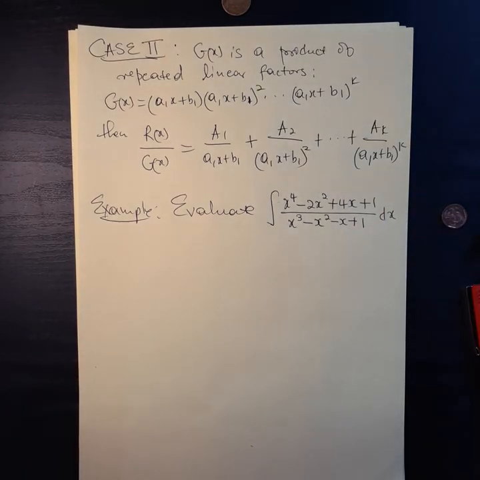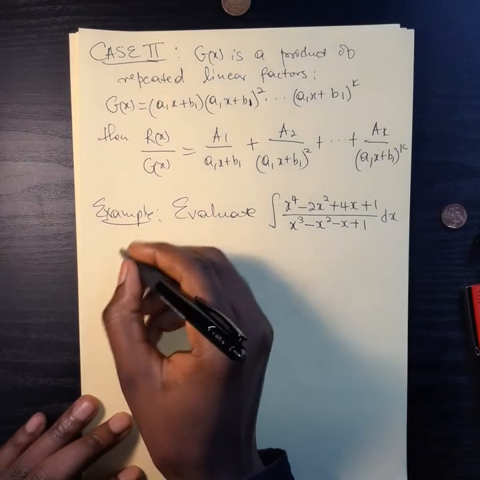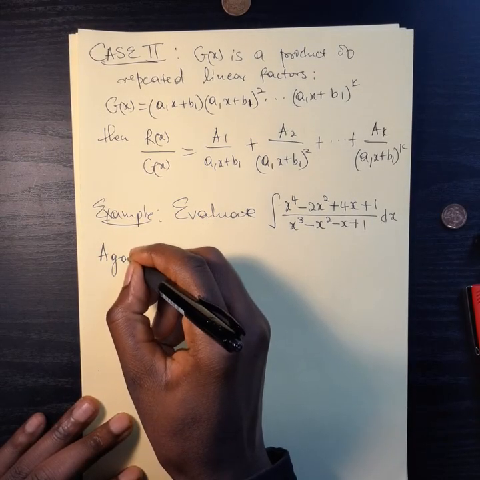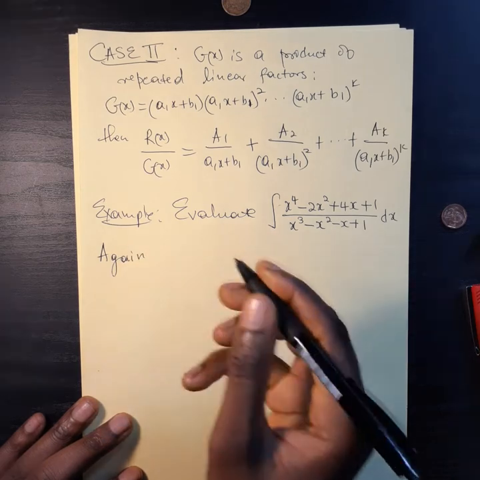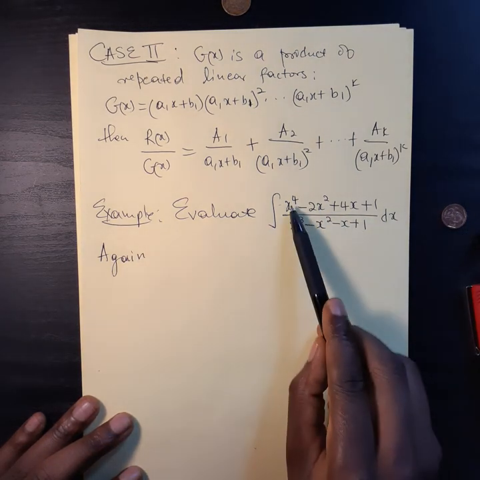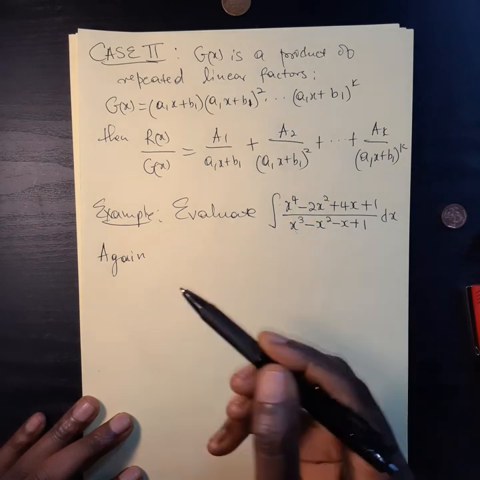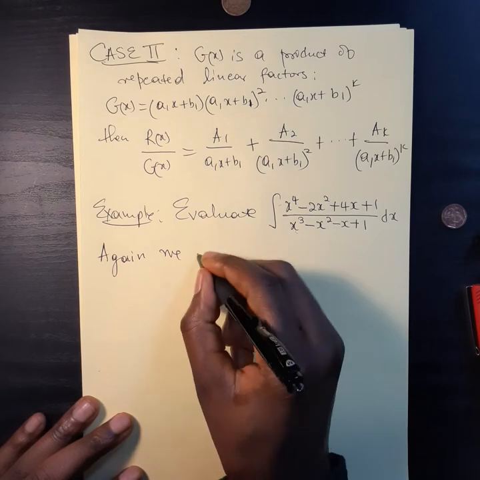Then again, the first thing that we do is check the degree. You can see the degree of the numerator is 4, the degree of the denominator is 3. So again, we note